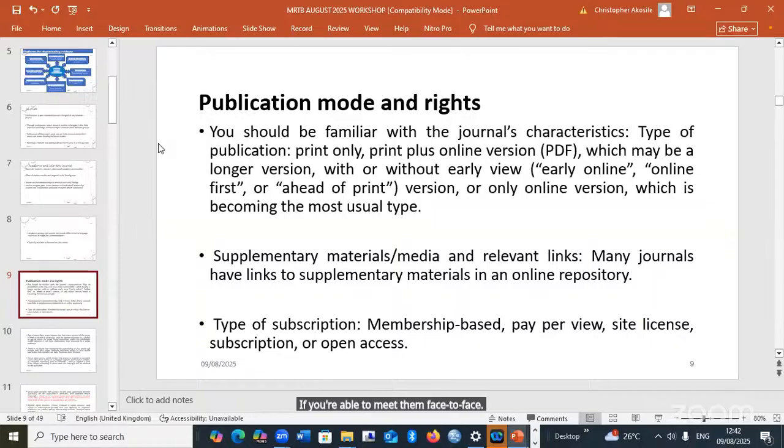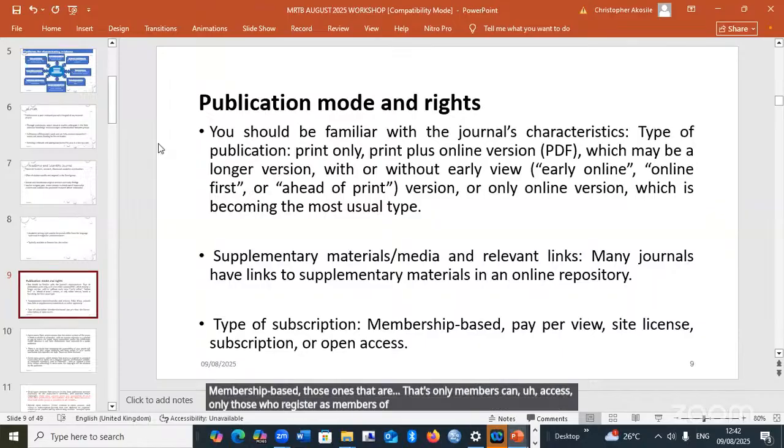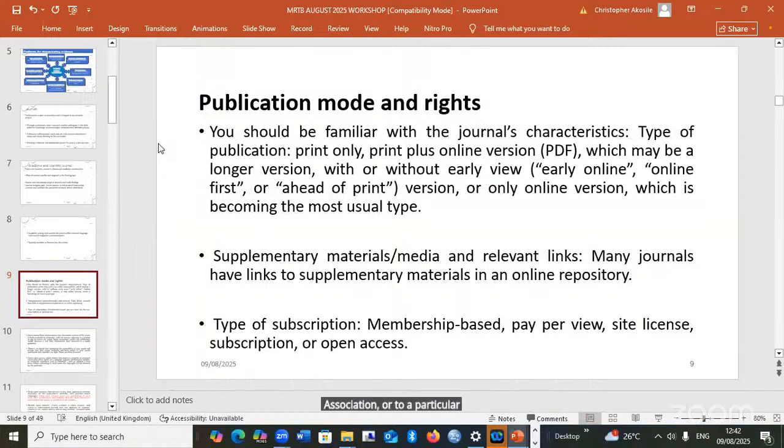So with this, we have different subscription types. There is the membership-based, those that only members can access, only those who register as members of maybe a particular association or a particular online platform can see.